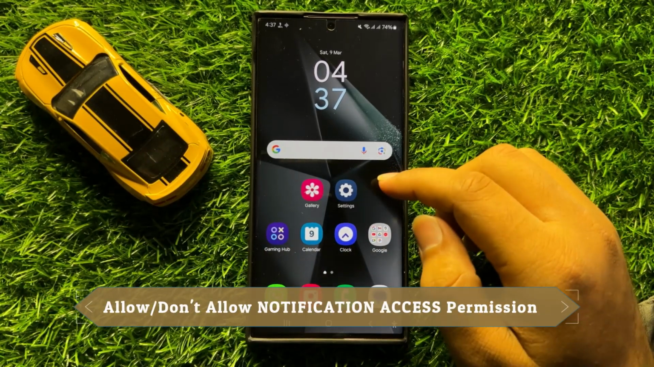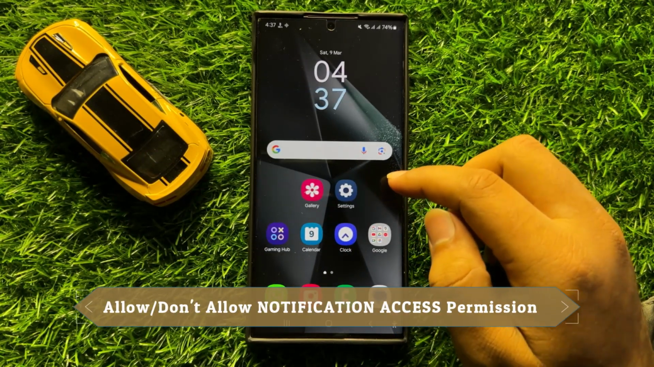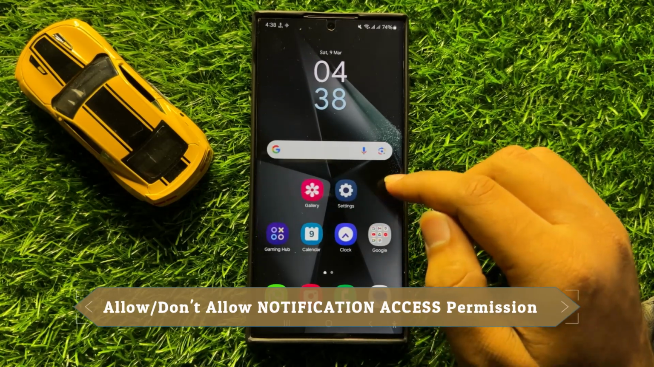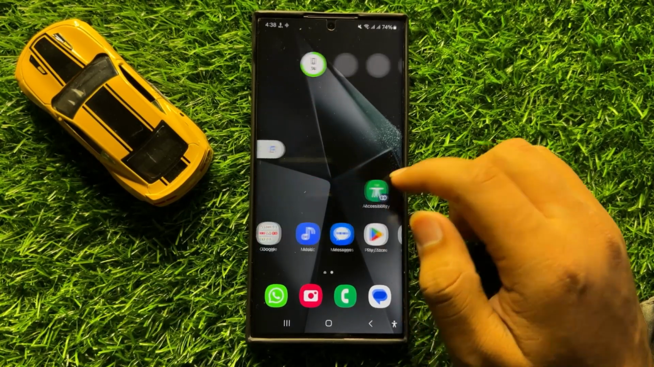Hello everyone, in this video I will show you how to allow or don't allow notification access permission in Samsung